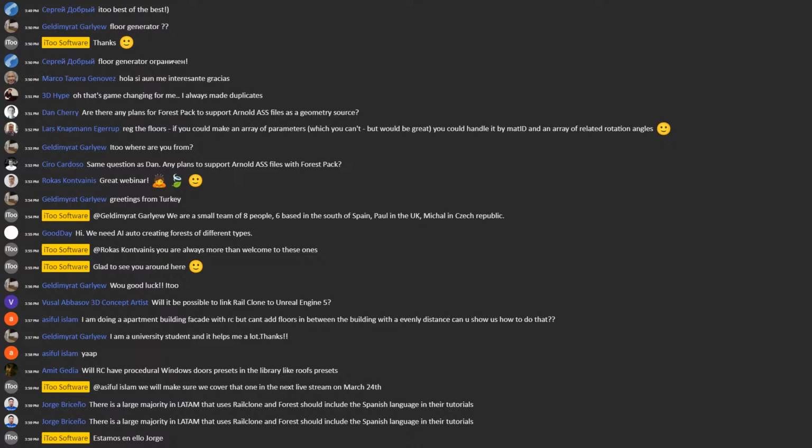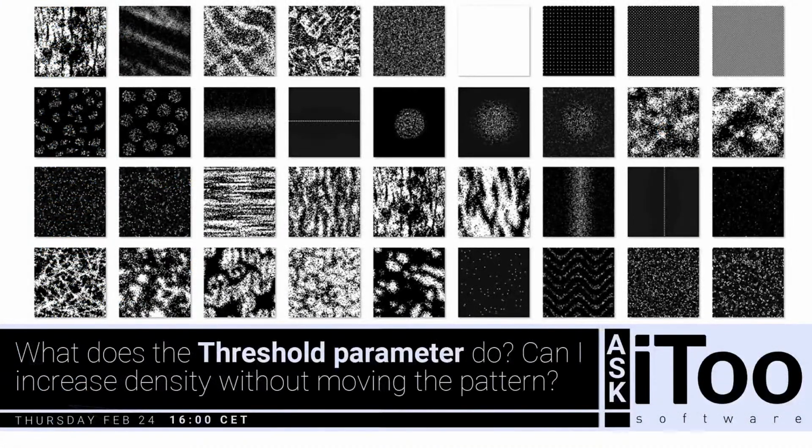So I had a few more, but just to finish off, one little tip. Actually, this is just a quick Forest Pack tip that came up the other day, and it was an interesting question for me, because it made me think about how maps work in a way that I hadn't necessarily used them before. It's not particularly exciting visually, but I found it interesting for being able to basically maintain a distribution pattern once I'd got that set, but then increase the number of trees without disrupting the pattern itself, if that makes sense.